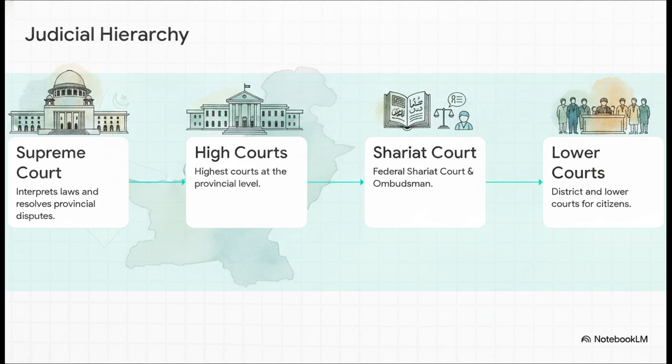Right below them are the high courts in each province. But alongside these standard courts, you've got some very specialized institutions. The Federal Shariat Court, which was set up in 1980, makes sure laws actually align with Islamic principles. And then there's the Ombudsman Office, created in 1983. This one is absolutely crucial because it gives everyday citizens a direct, accessible channel to file complaints about administrative overreach